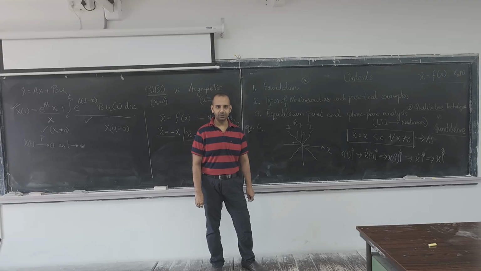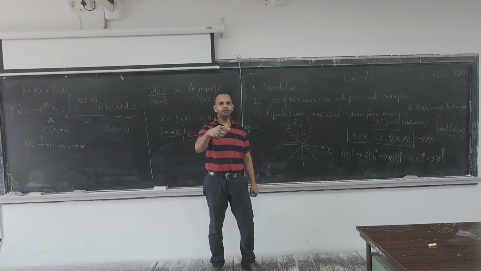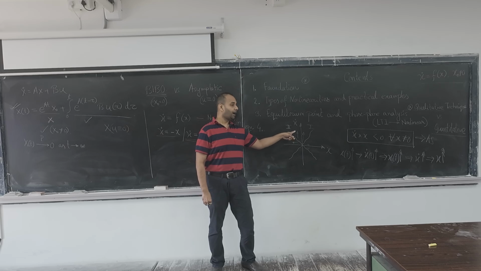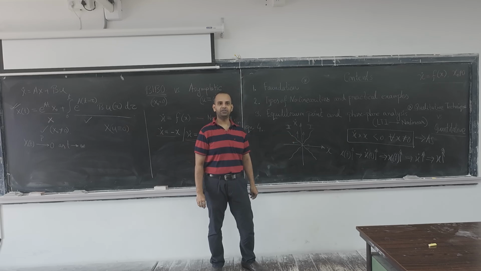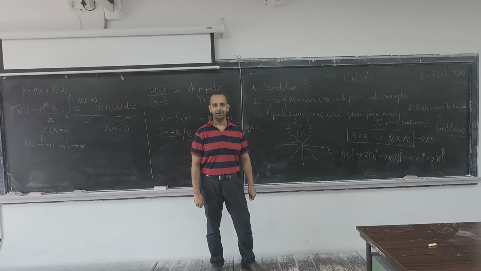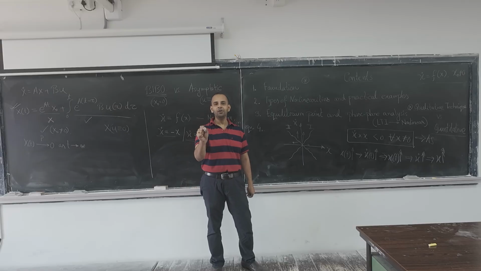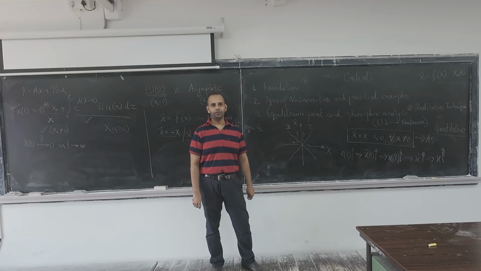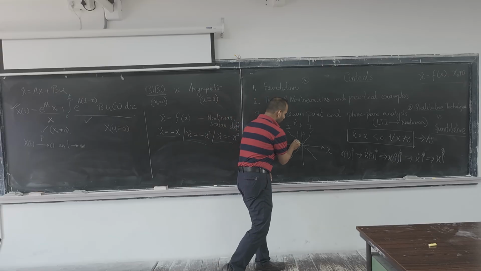Just try to understand. Here, if x increases in the negative direction, but that causes a positive increment in the rate of change, then ultimately what will happen? The negative value of the x will go down. Will it be something like this? And first if it goes like this, then after some time this